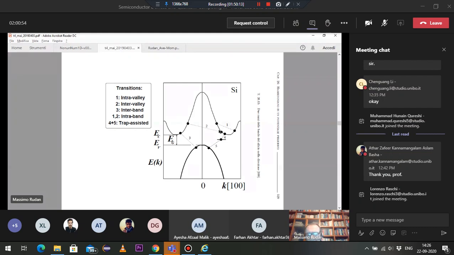We do the same for the valence band. In that case, we take the Taylor expansion near the maxima of the valence band. In this calculation, there is a little complicacy. Why? Because